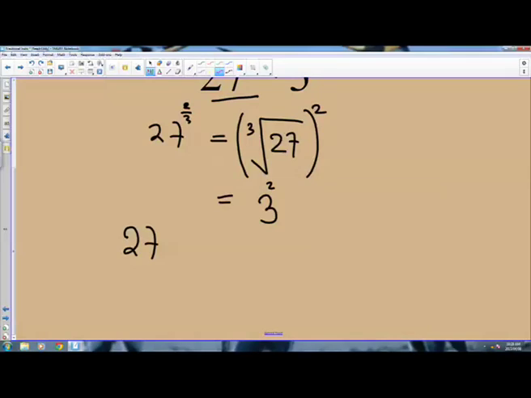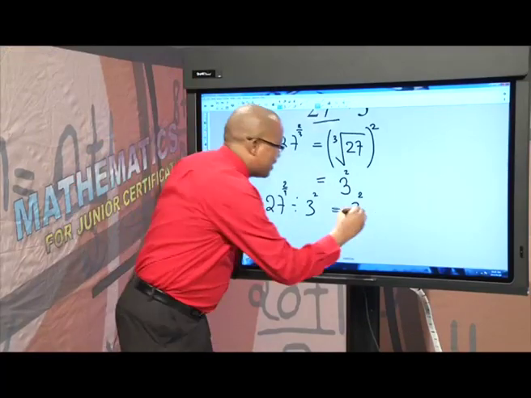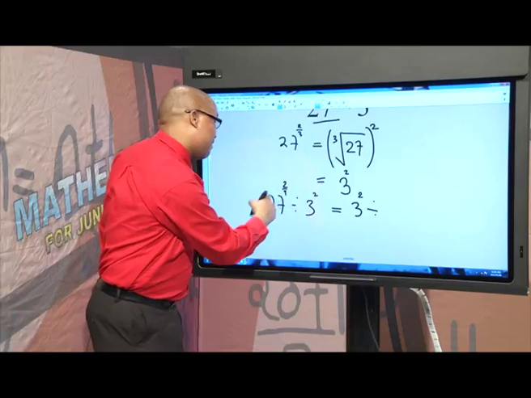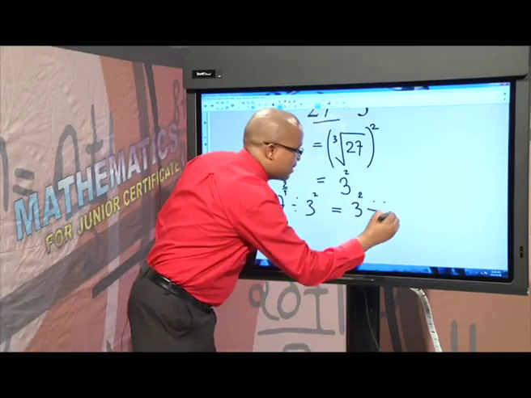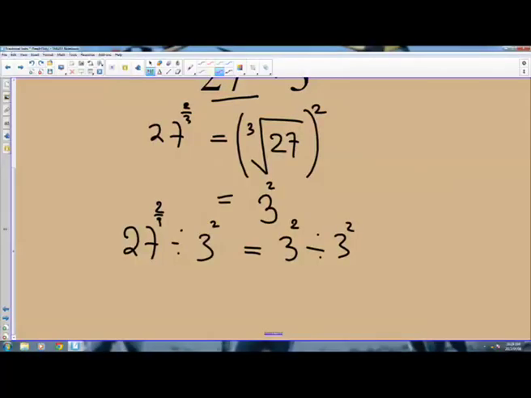You are now going to say 27 to the power 2 over 3 divided by 3 squared is equal to 27 to the power 2 over 3. We evaluated this and then we got 3 squared. Then divide this by 3 squared, because the question says divide 27 to the power 2 over 3 by 3 squared. And then this will simply be